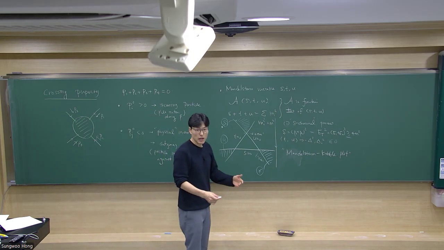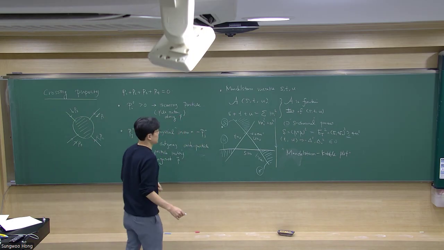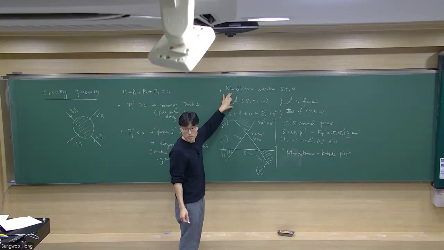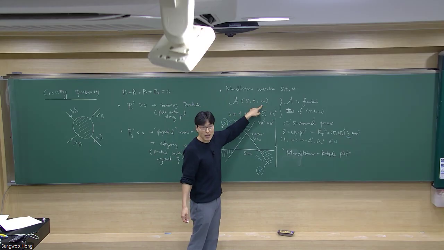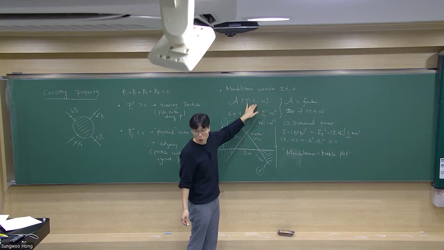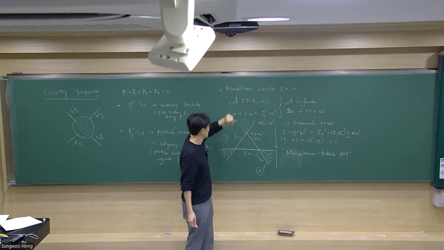So then the point is the following. The point of the crossing property is that given an amplitude, which will be a meromorphic function of S, T, meaning it's in general a function of complex momenta and there might be singularities, poles and branch cuts. Other than those singular points, this will be an analytic function. So that's a meromorphic function. So the same amplitude